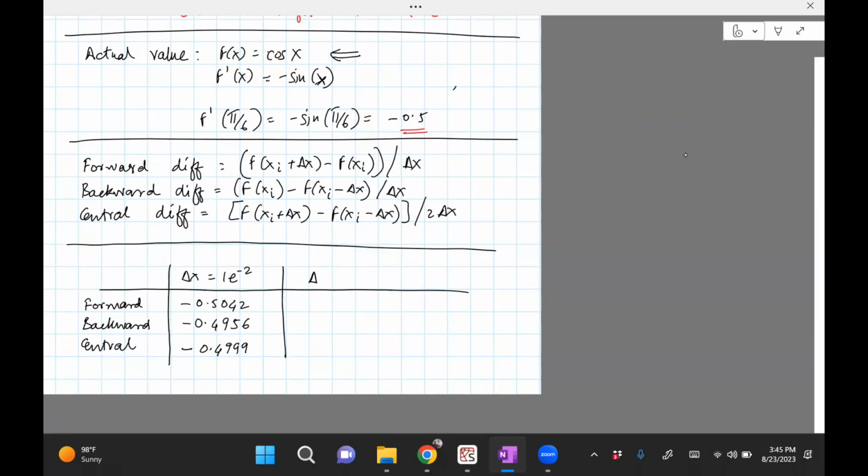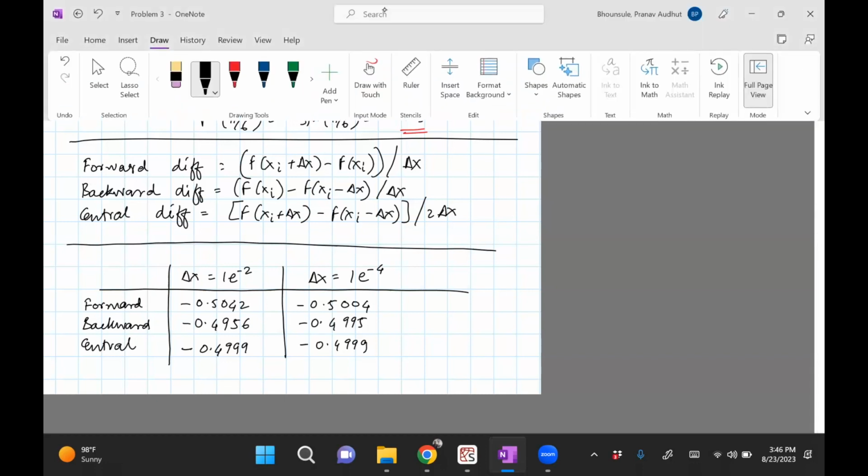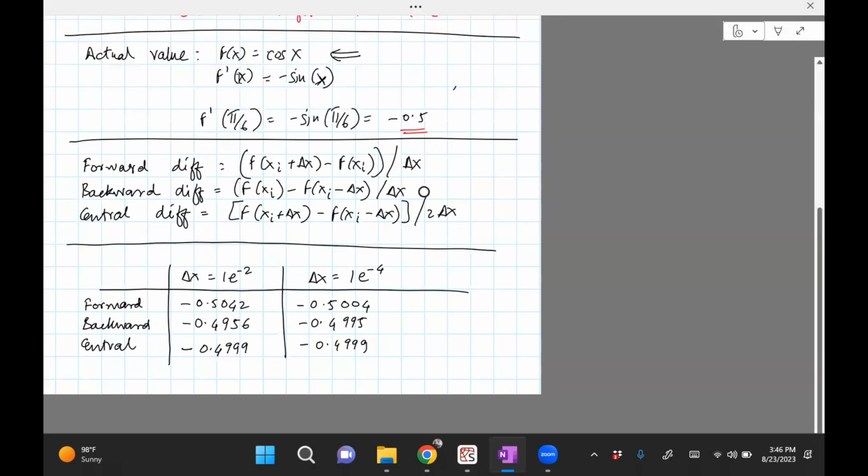And then step size of 1e negative 4 gives us 0.5004 minus, 0.4995 minus, 0.4999. So you can see that if you compare the actual value, which is minus 0.5, it closely matches